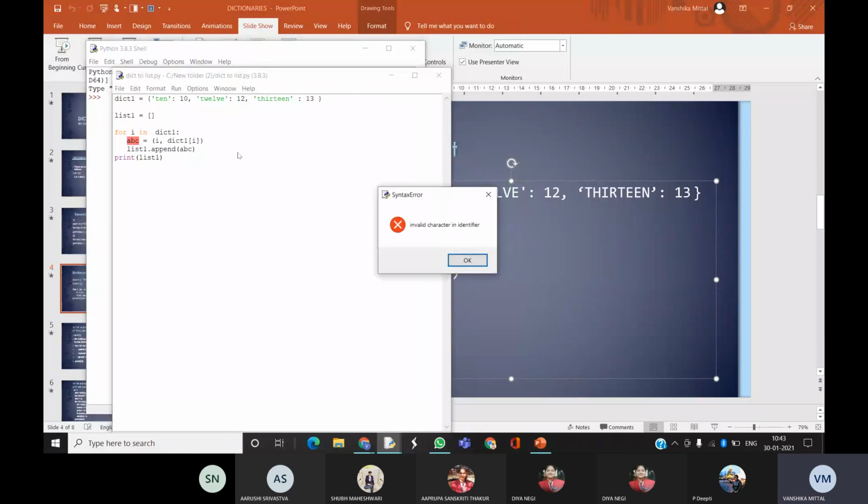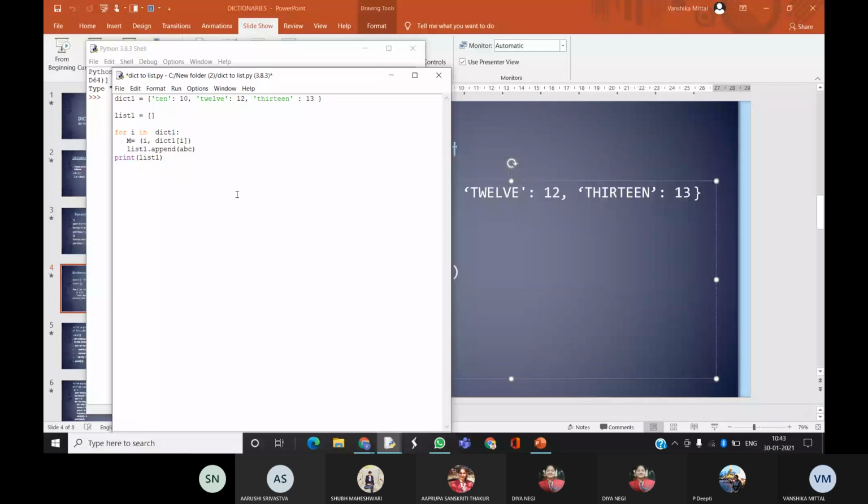Ma'am, I don't know what's happening. Why is it taking this as an invalid variable? Are your parentheses okay? Okay, sorry, ma'am. Ma'am, I think they must be there, because only then it will be considered as one single element of that list.